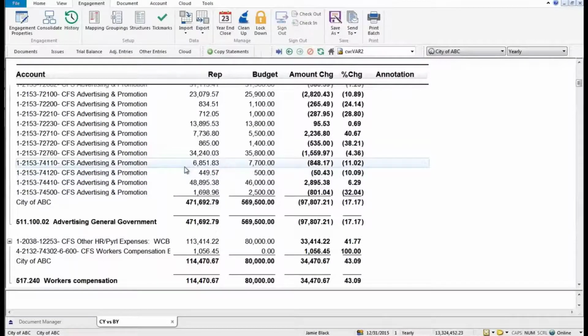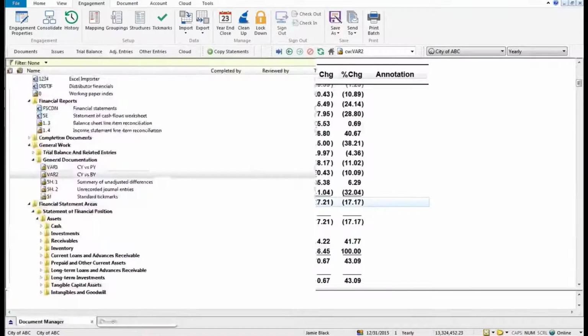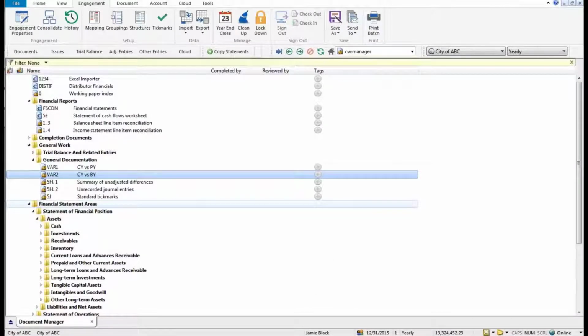So hopefully that made sense for you. In terms of the ease of use and setting the document up the way you want, and the kind of time you're going to save here, we've got clients that just on the variance analysis piece alone spend hours and hours and hours pulling together a report that's filtered the right way. If you had it on your document manager like this, it would be done, waiting for you the moment your import was completed. So let me shift gears just slightly here